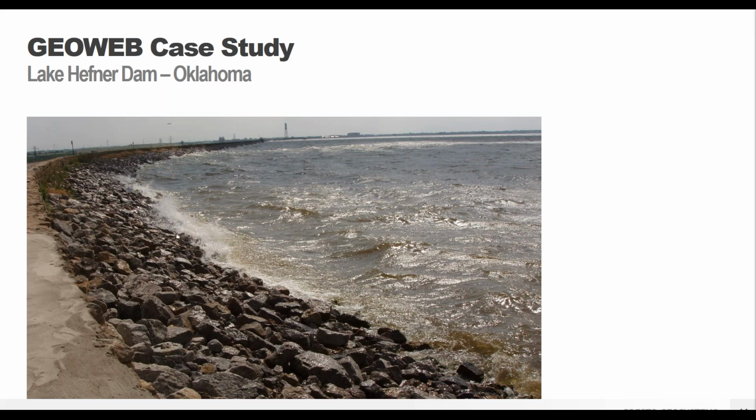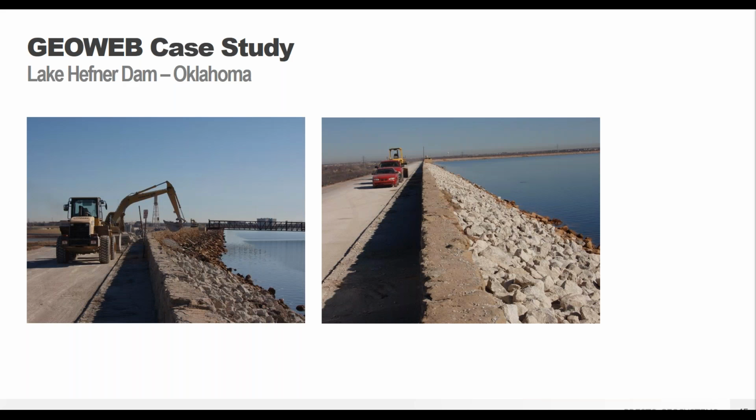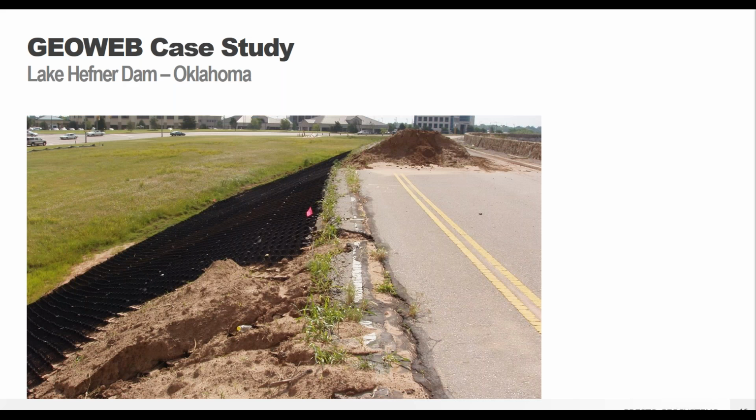They had this large riprap on the wet side of the dam, but pretty heavy wave action in this area due to high winds, which came in quite frequently. So they knew that it was going to be a rather frequent potential for overtopping, and they wanted to have something that would hold up against that. The lakeside was protected with just riprap. They chose not to use GeoWeb on this side. They just put it on the dry side.